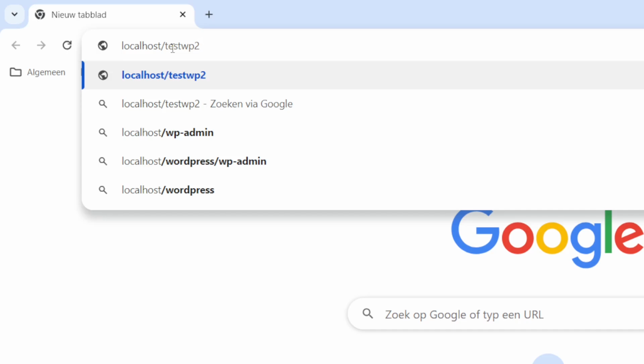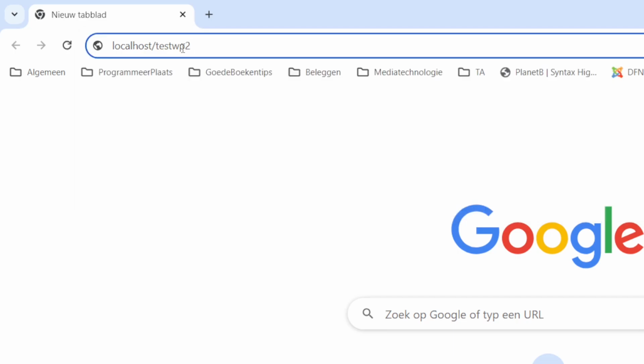Every time you need to follow the same steps to install multiple WordPress websites on your localhost in XAMPP. Just create a new database in phpMyAdmin, create a new folder inside the htdocs folder in the XAMPP. In that folder you need to paste all the WordPress files from the extracted WordPress download, and then you go to the browser, fill in localhost and then the name of the folder you created, and you can start the installation. It's that easy.